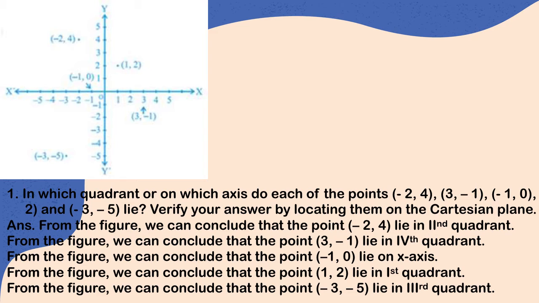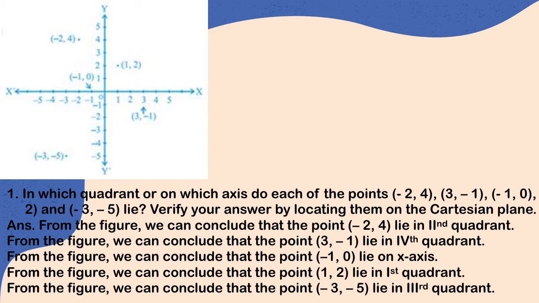Now the fourth point, (1, 2). Now you can see both the values given to me are positive. Since both x and y coordinates are positive, therefore the point will lie in the first quadrant. Let's locate the point. For x I will find 1. This is my positive 1. And for y I will find 2. This is my positive 2. So the point of intersection of 1 and 2 is over here. So this is the required point.